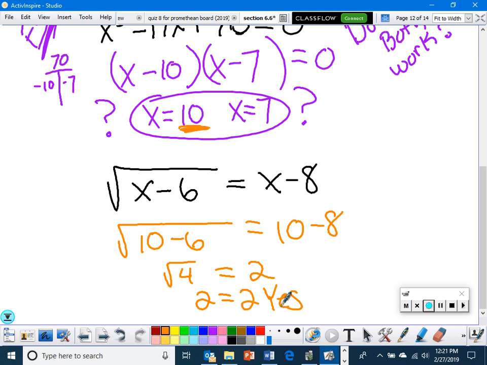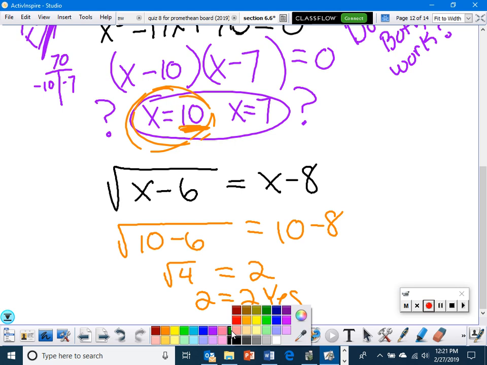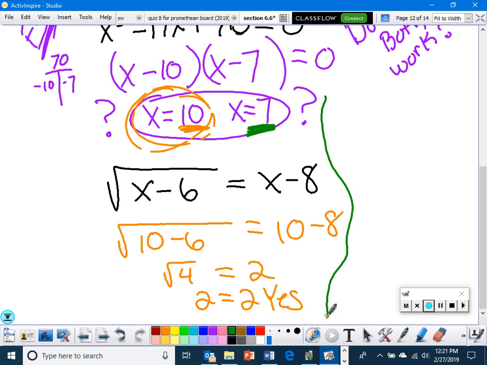Yes, 2 equals 2. 10 is a solution. All right. Now we're going to have to check the 7. So I'm plugging the 7 in for x. Okay, so here, here. And I get,